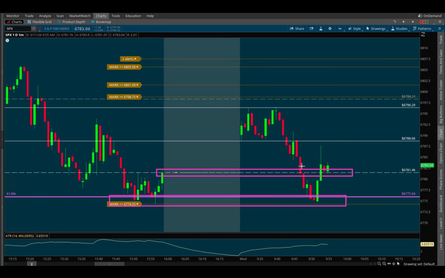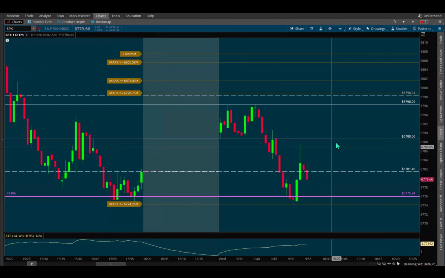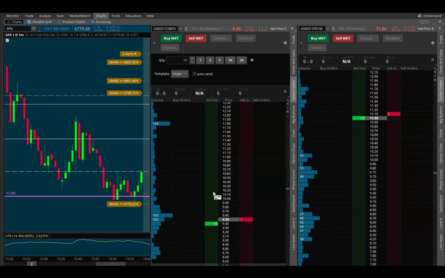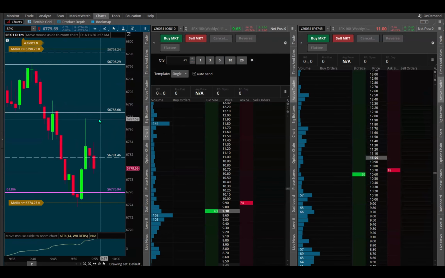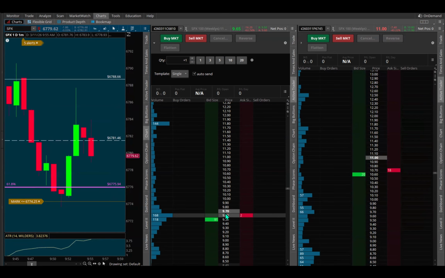So I wanted to scale into that range. I already had the levels marked. I've been very, very specific to my Fibonacci ranges, so I want to respect them. I want to own them. I want to really believe in them. They've worked well for me. Anyone in my group knows that. And again, if we pull up the trade, we could pretty much reload the calls right back at our initial